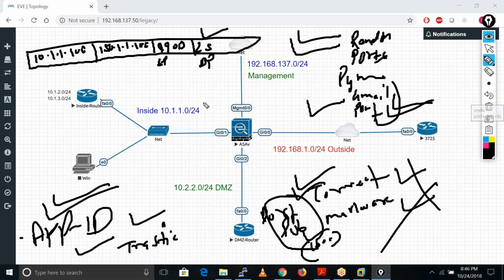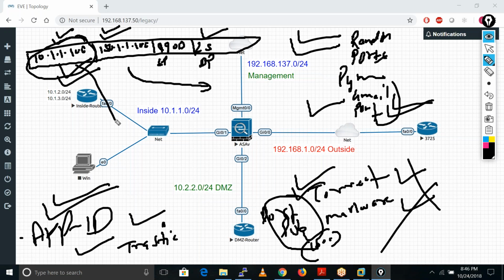Okay, so now our firewall has got all this detail to reach the destination, and then our firewall converts to a public IP address. It changed its source to a public source IP address, and the destination IP address is public. See, the thing is, this is a public IP address only for the destination, and it only changed the source IP, because this is a private IP, right? This is a private network.